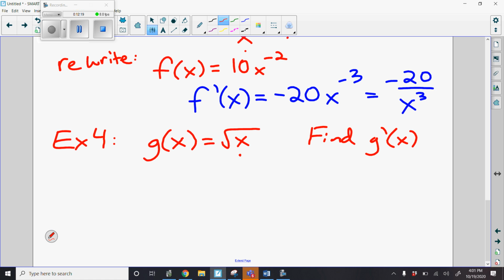Now, once again, you might say, well, I don't think the power rule applies here. But the power rule does apply here, okay? We just have to think of g of x as in ax to the n form. So again, in pre-calculus and algebra 2, you learned about square root being the 1/2 power. So we can again rewrite,